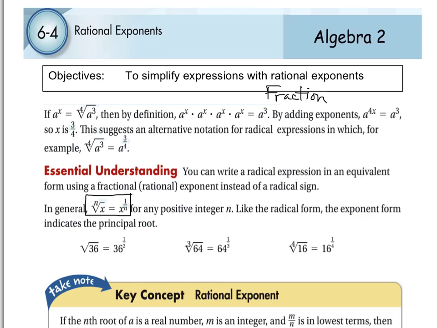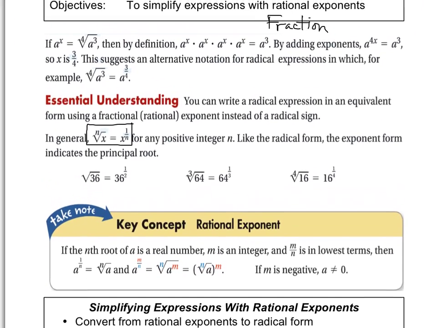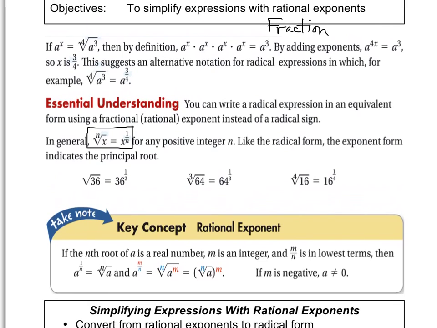Like the radical form, the exponent form indicates the principal root. Okay, now, what you're going to end up doing is converting back and forth from root to fractional exponent, or rational exponent, and rational exponent to roots. Okay, a couple of things that we want to clarify here. Notice again as you rewrite these, if I were to give you the nth root